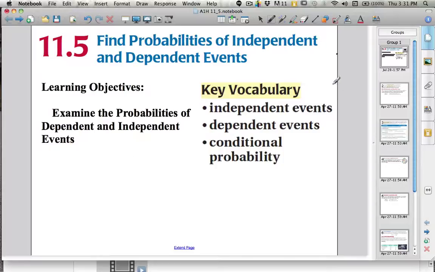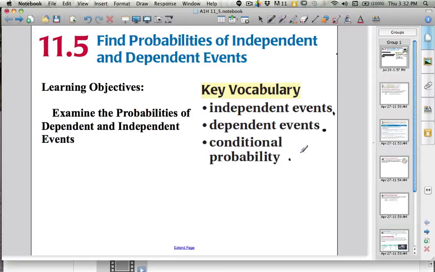In our final section, 11.5, we're going to find the probabilities of independent and dependent events. So our key learning objectives are exactly that. What are the probabilities of dependent and independent events? So we need to know for our vocab what are independent events, what are dependent events, and what is this